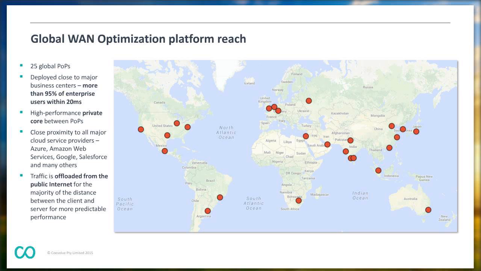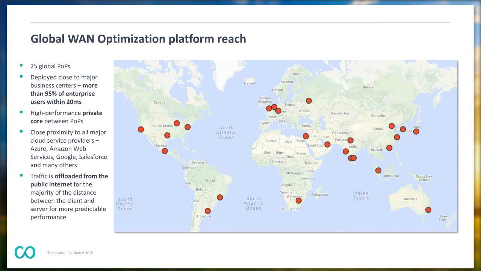And this is a key benefit of our solution, is that we're not just limited to optimizing internal traffic flows. We can very easily optimize traffic flows between edge users and cloud service providers, and there's a large range of providers that we've researched, and we know exactly what data centers they sit in and can predictably determine the performance that we'll see between the edge location and the cloud service provider.